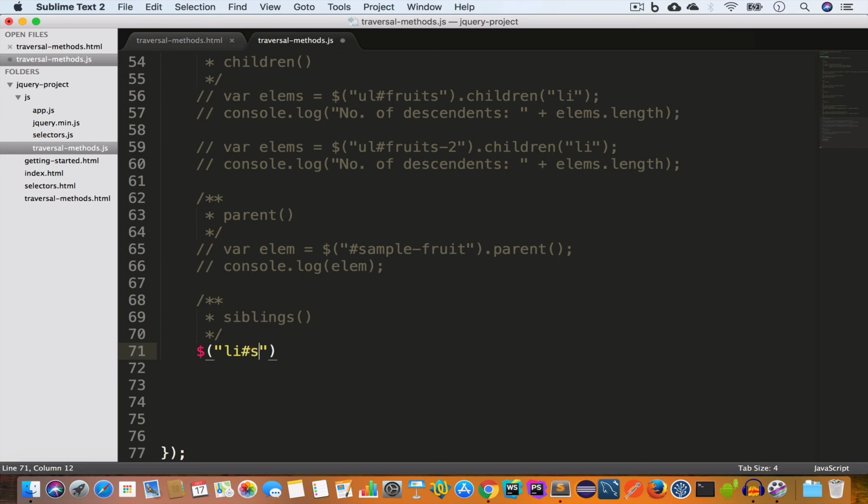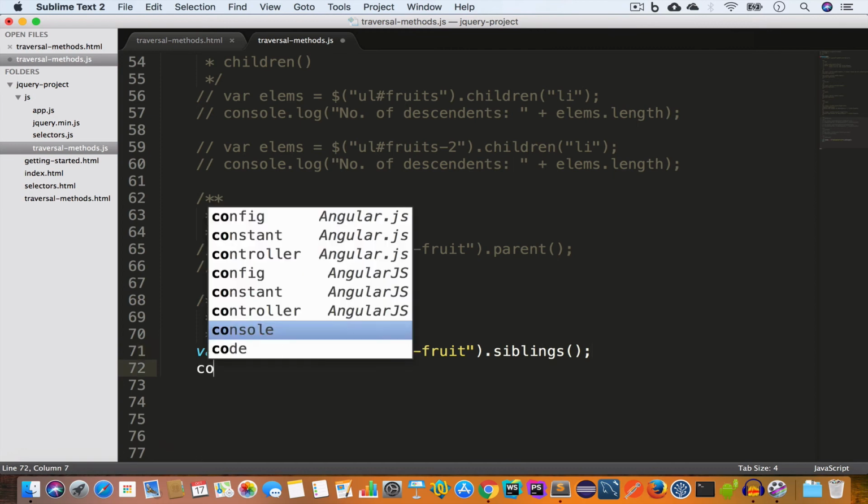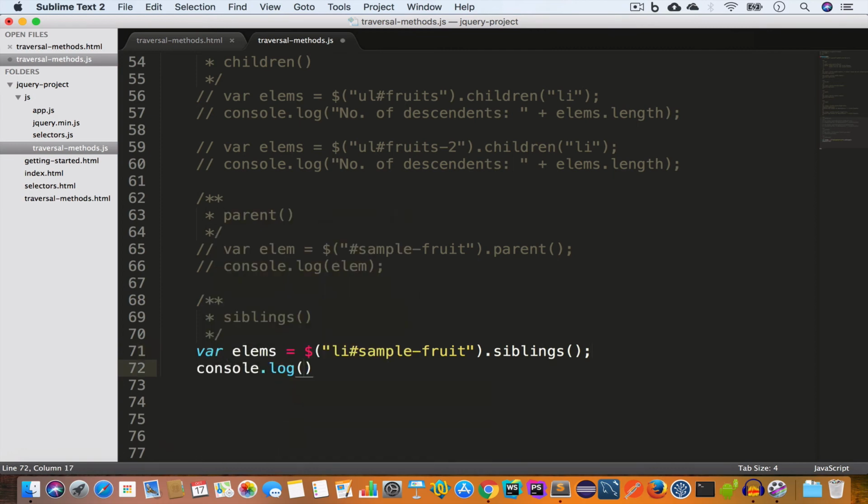So hash sample-fruit, and then we can write .siblings. So the siblings method will return all the siblings element of this list item having ID sample-fruit, and we can save the returned elements in a variable, let's say lms, and then we can console.log